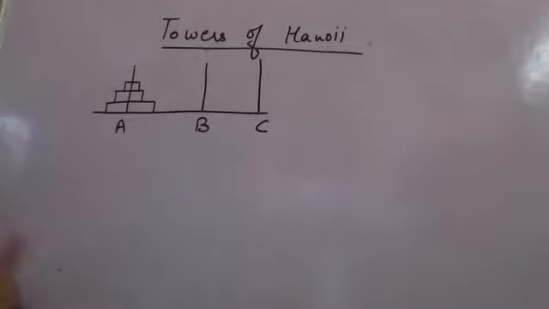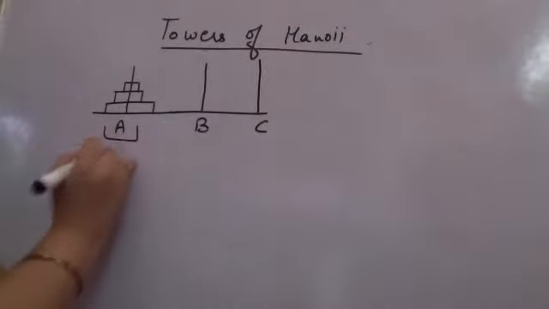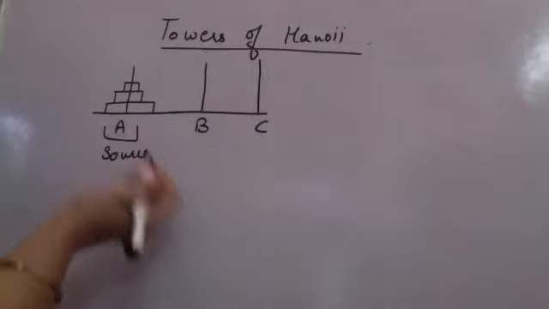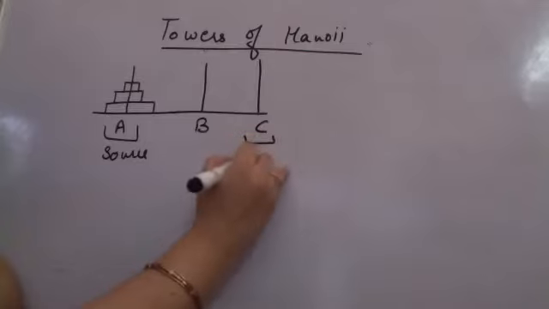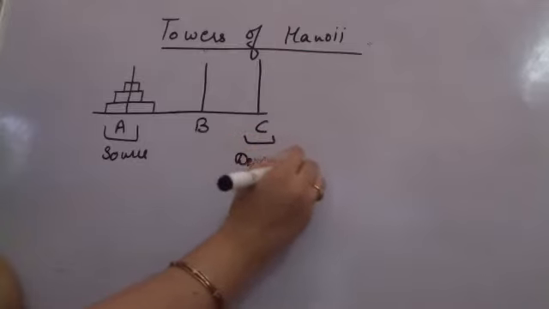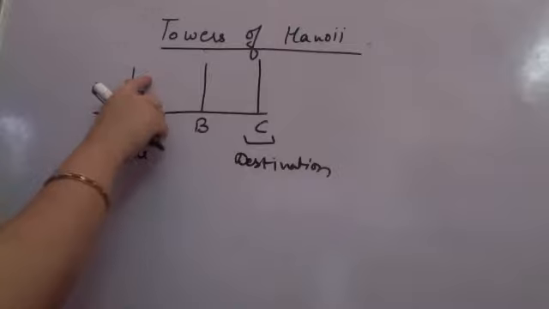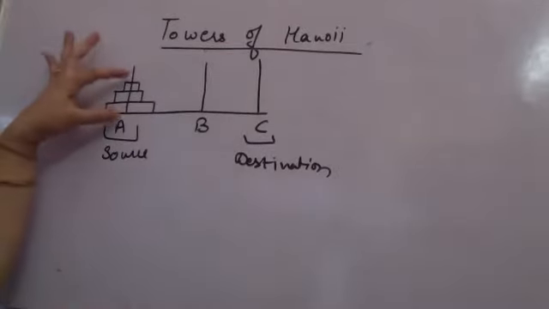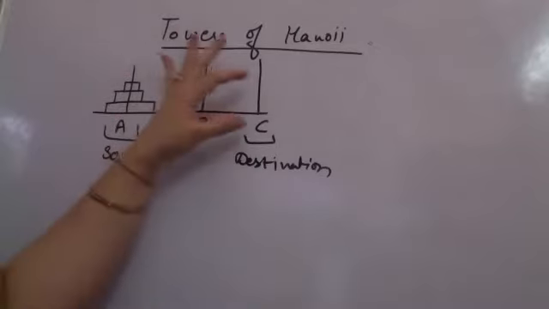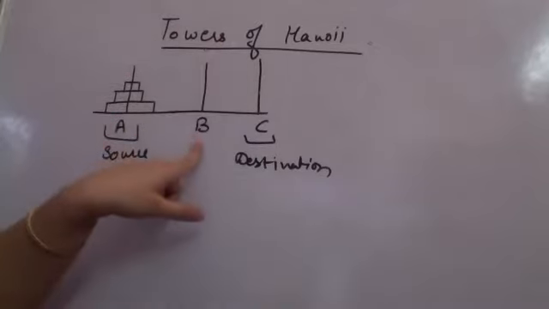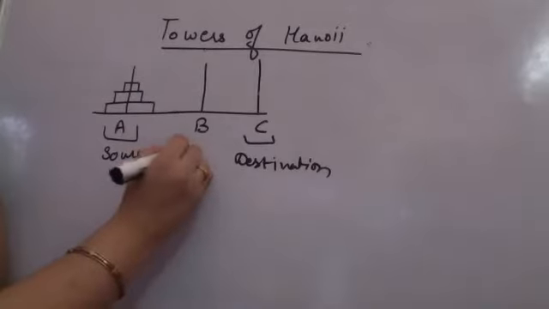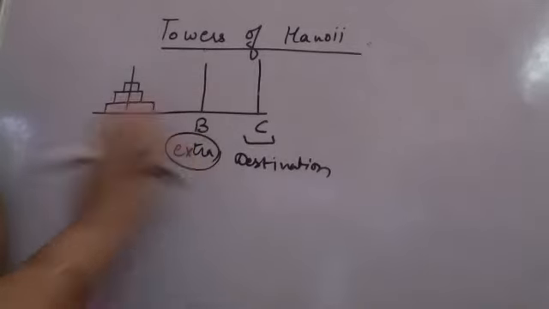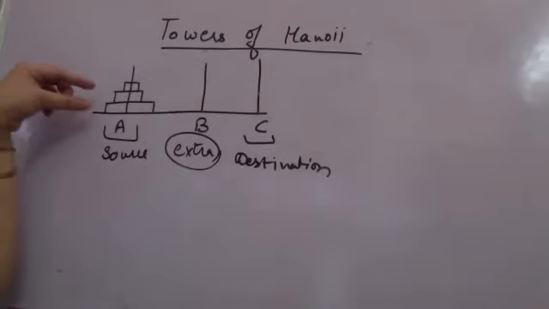And you can place one disk on the other only if the lower disk is a larger one. Now the problem is this is your source pole, or source tower, and this is your destination pole. You have to create the same tower from source to destination. You have to shift these disks from A to C. You have one extra pole available to you that you can use, and you can only shift one disk at a time. You have to recreate the tower at C.